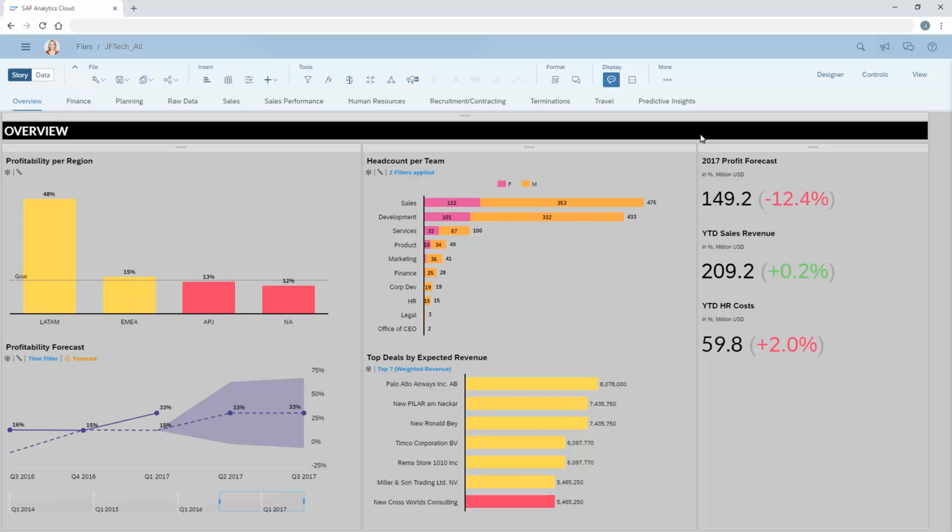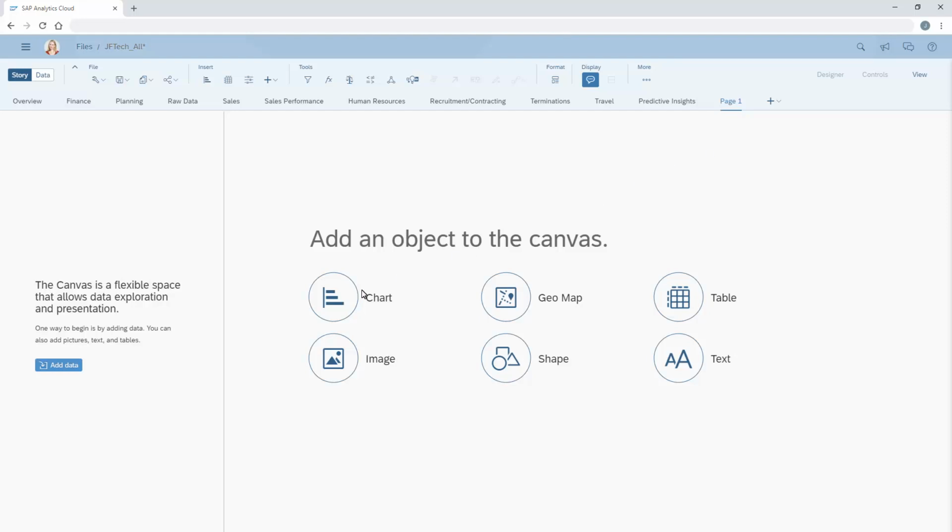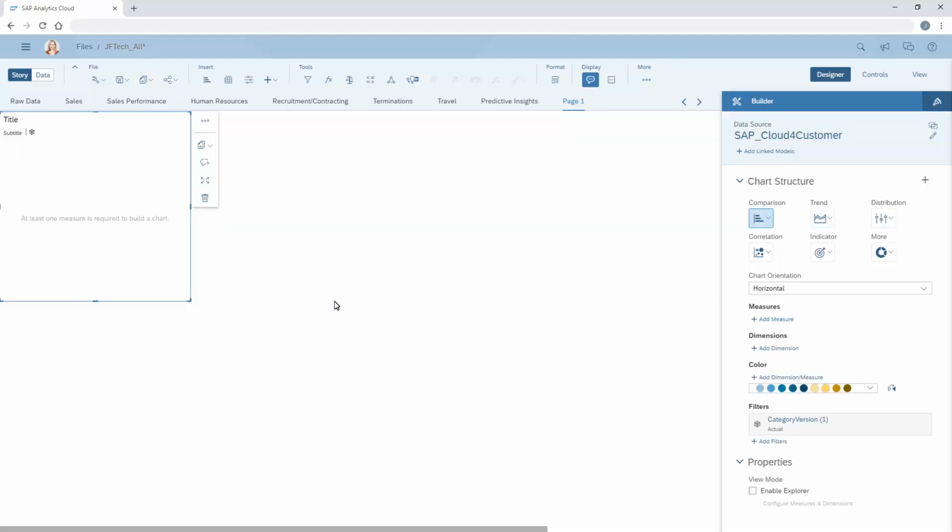We can set styling preferences for our stories at the story level so that pages, charts, maps, and other objects use consistent formatting. For example, the objects in this story have been formatted manually. When we create a new page with a chart, we can see that the page background is set to the default of no color, and the chart has the